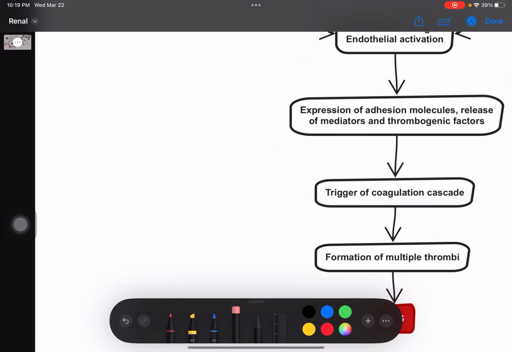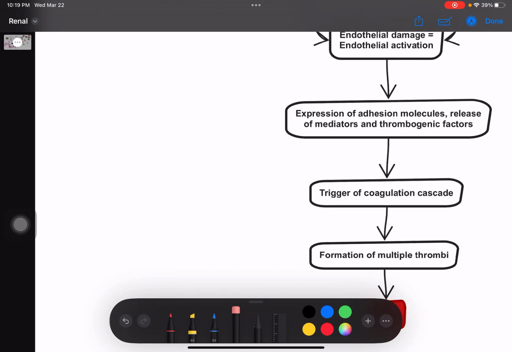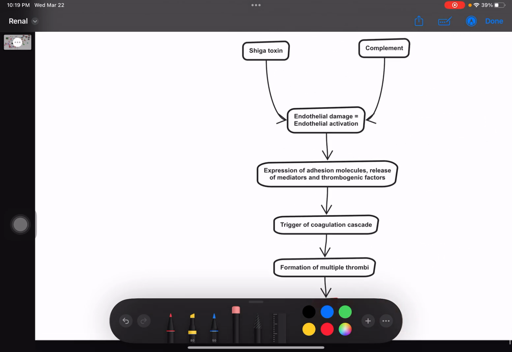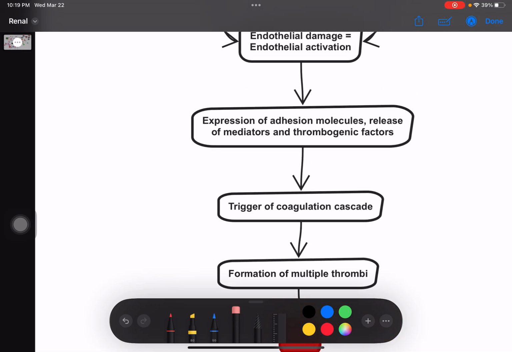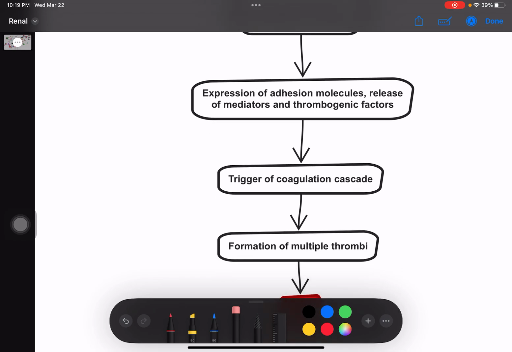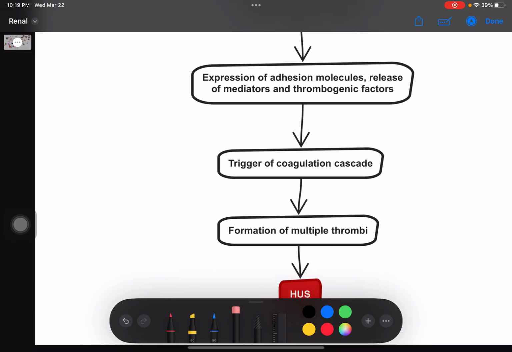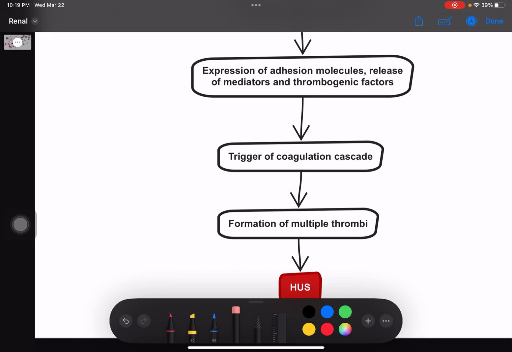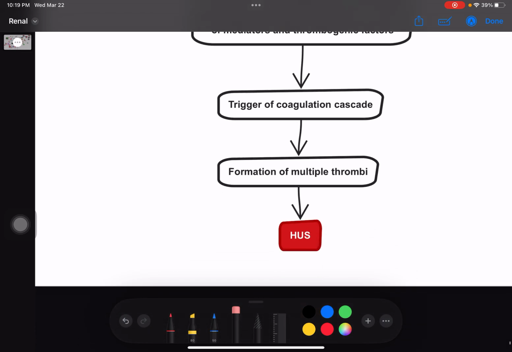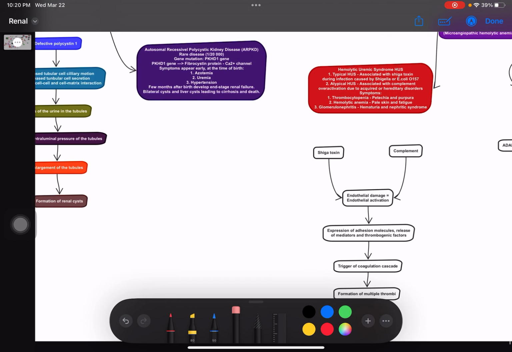I believe it's going to increase the release of endothelin and decrease the release of nitric oxide, which is going to further constrict the blood vessel. These thrombogenic factors are going to trigger coagulation cascade, and this will cause formation of multiple thrombi, and hemolytic uremic